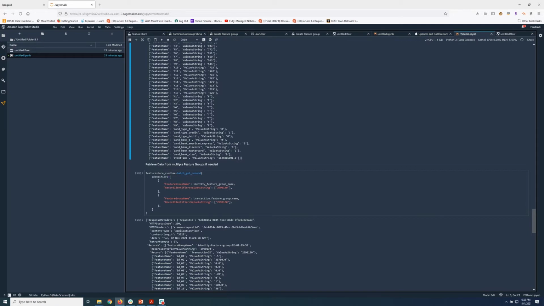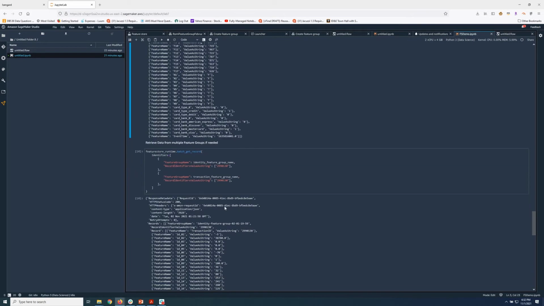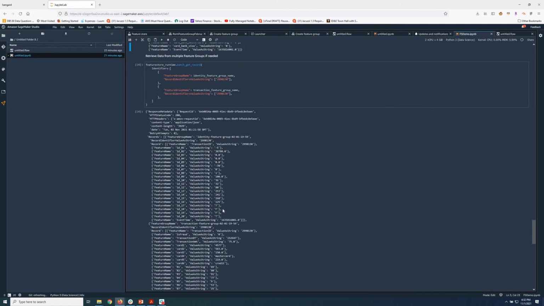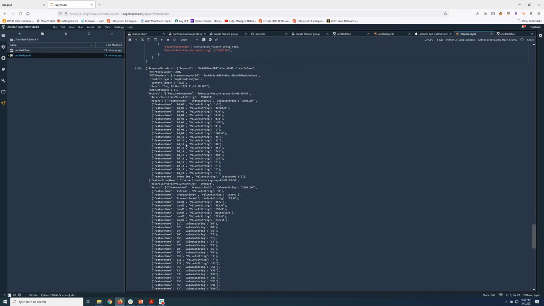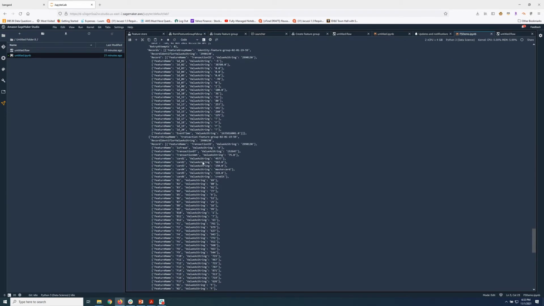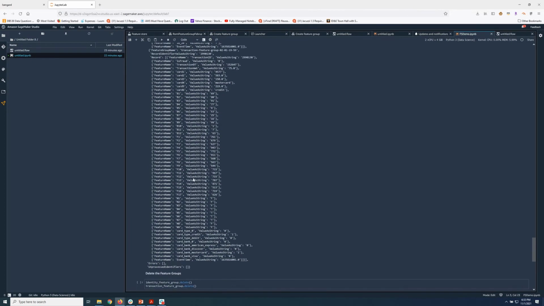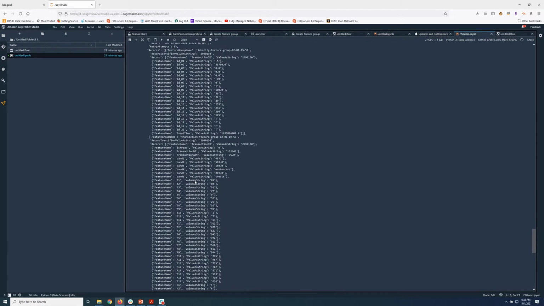Out here we are specifying one hard-coded record ID from each of the two feature groups, and we see that the data is outputted for both of the records, and for each of the records we can see the different features. For example, for the first one, since we had done some one hot encoding, you can see multiple features out here. You can see the different card types and so on for the transaction feature group.